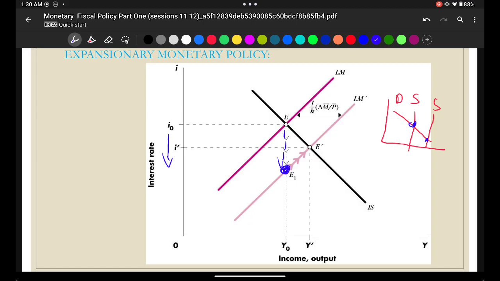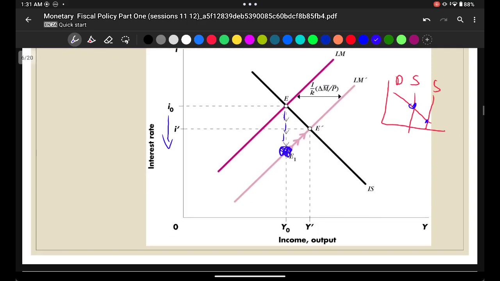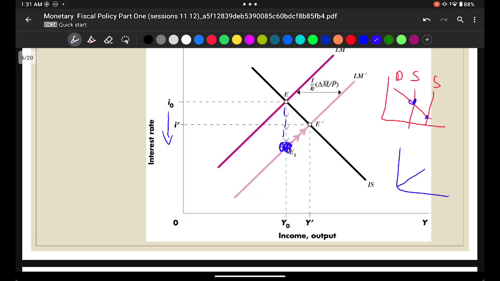When that shifts, interest rate drops and it comes to this. It comes over here. Now, how does it go back up? You might be thinking, how on earth does it go back up? It's simple, right? So when this happens, remember that 45-degree line in the aggregate demand function? Okay, our aggregate demand is slanting more, but you get the point. If your supply of money increases, right, then more people have money to buy goods, so your aggregate demand is going to increase.